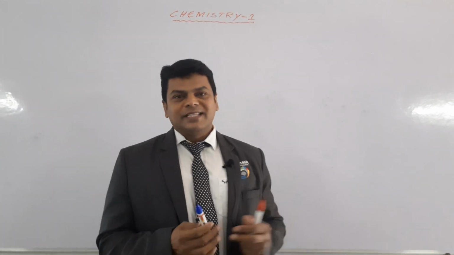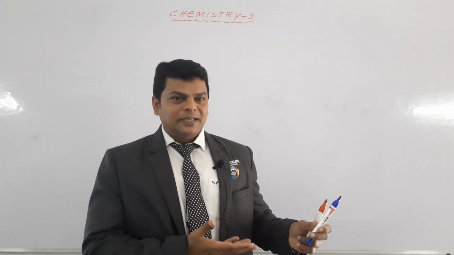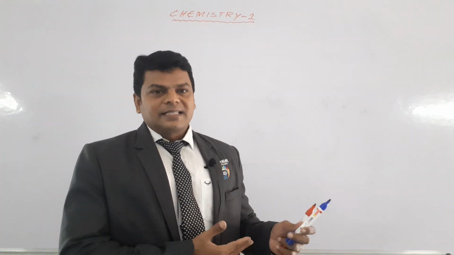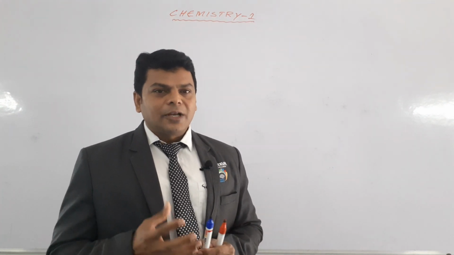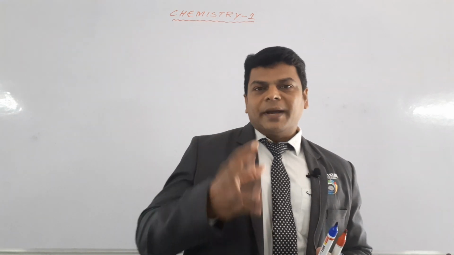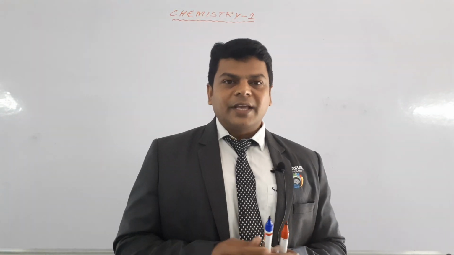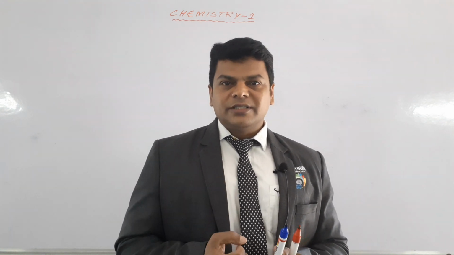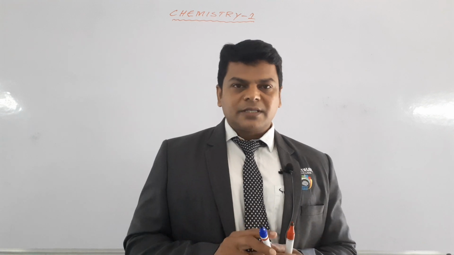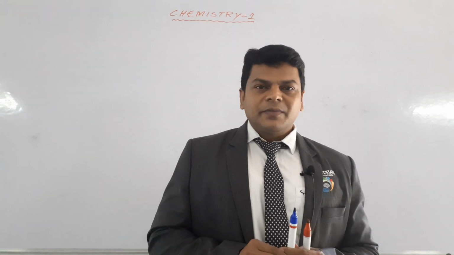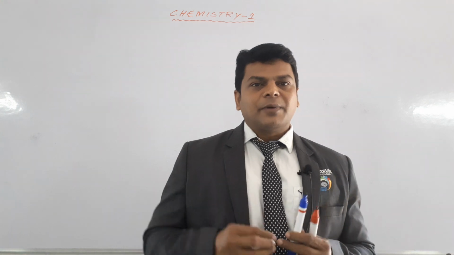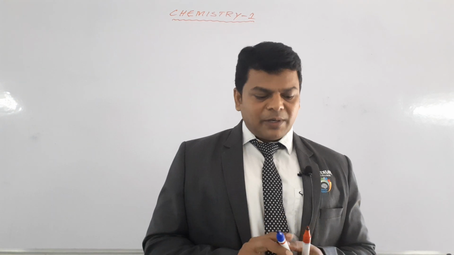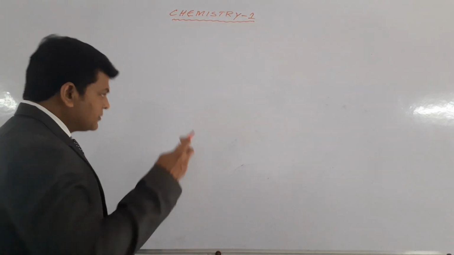So previously we discussed chemistry in 3 classes. First class introduction, next class paper pattern, and next class subatomic particles. Now we are going to make a table according to subatomic particles: weight, charge, and mass in atomic mass units. If you know this table, the total information of these subatomic particles like electron, proton, neutron will be given in this table. So this is the table we are going to make.